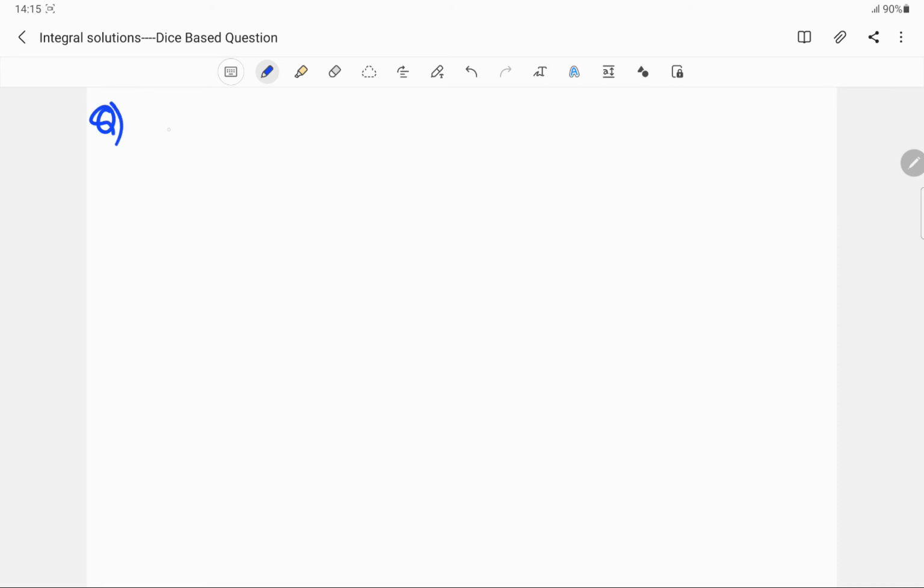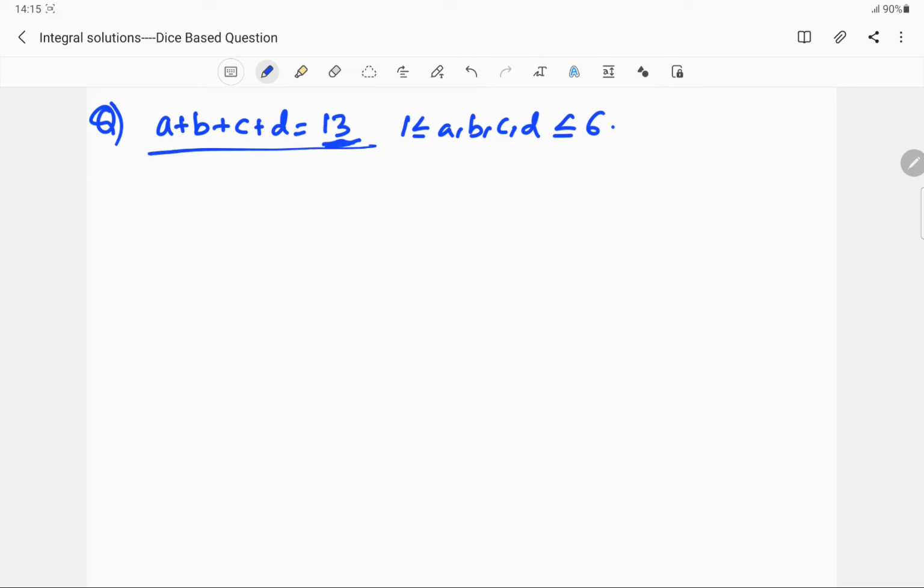In this question, it is a plus b plus c plus d equals 13. 4 dice are rolled and the summation is 13, and a comma b comma c comma d are all lying from 1 to 6. So the total number of integral solutions to this equation would be, there will be 12 gaps, out of which I will select 3. So this is 12c3 minus the cases where a, b, c, d are